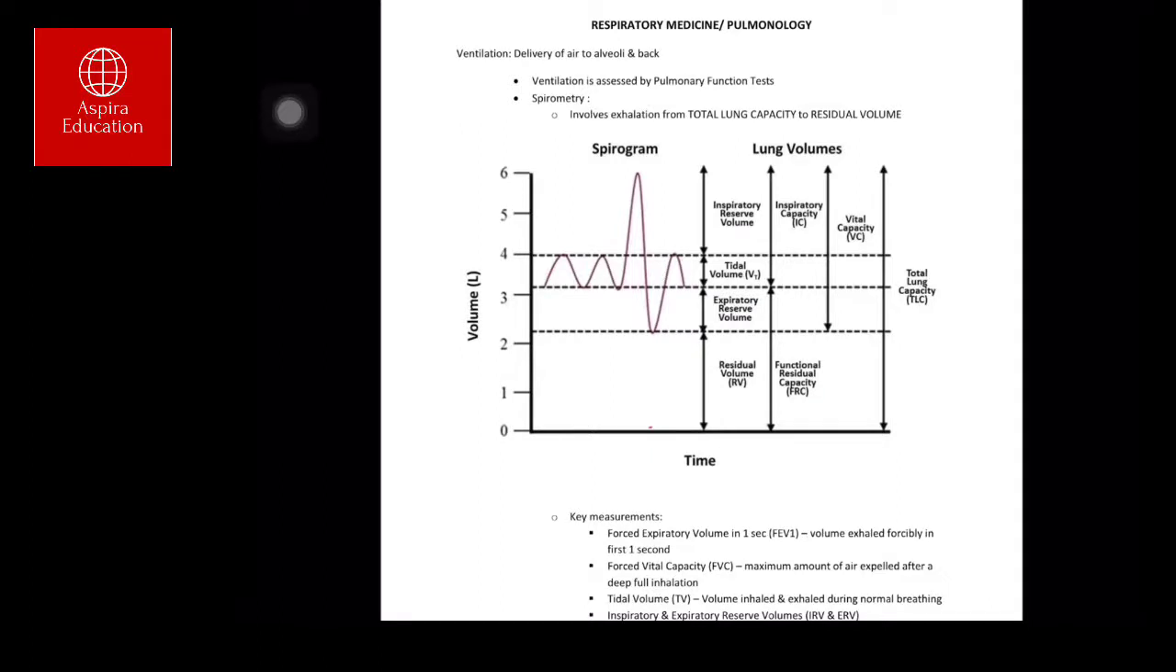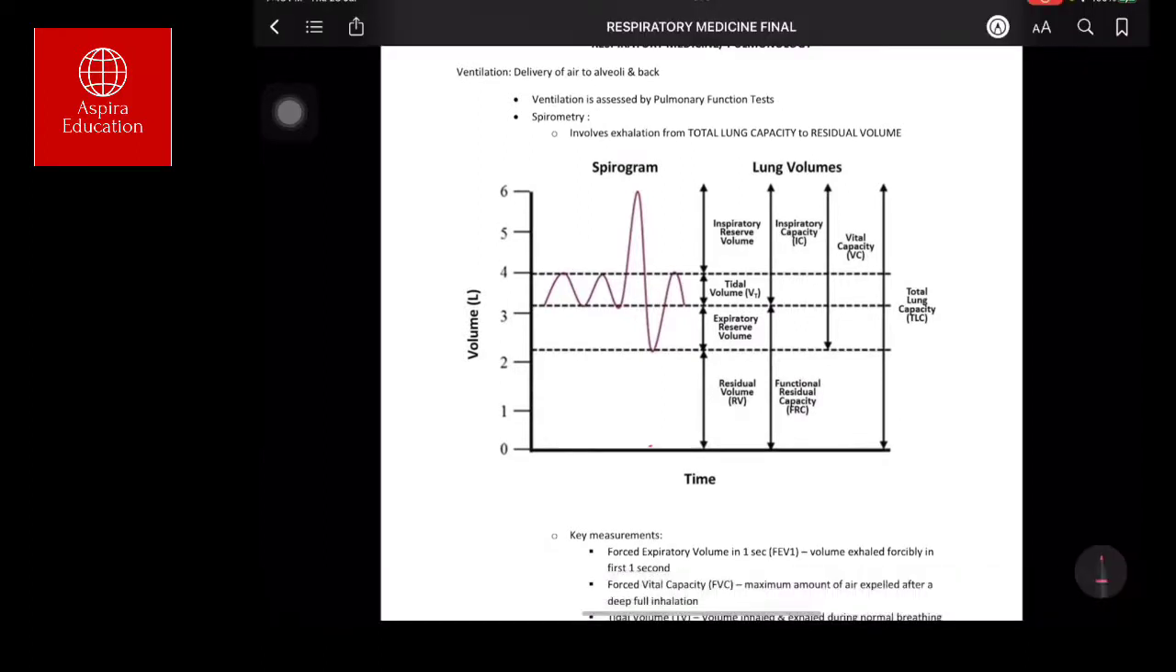So these are all false statements. Basically one starts at total lung capacity, which includes vital capacity, which includes functional residual capacity, which includes the residual volume. Total lung capacity is basically a combination of two volumes. One is vital capacity and the other is residual volume. So with spirometry, we get to know about some capacities